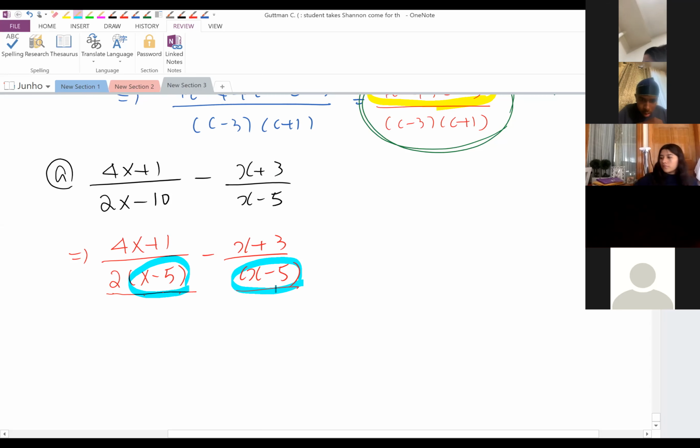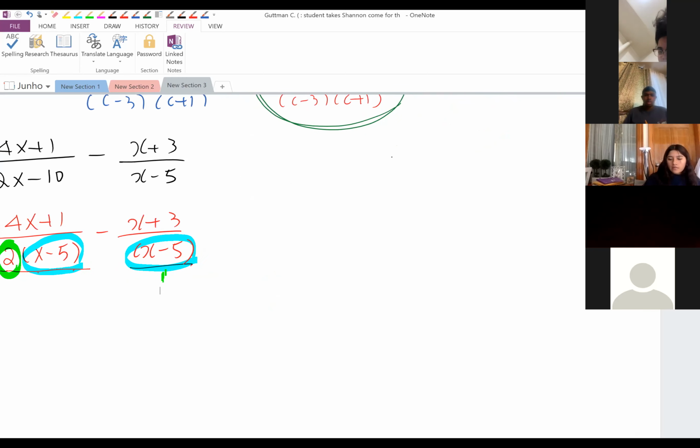You see what I did? I only highlight common factor between two denominators. Now, do you see any extra? 2. 2. So this fraction has 2, but it doesn't have it, which means you multiply the extra things to second fraction. Okay, then just in case, before I'm going to solve it, what if